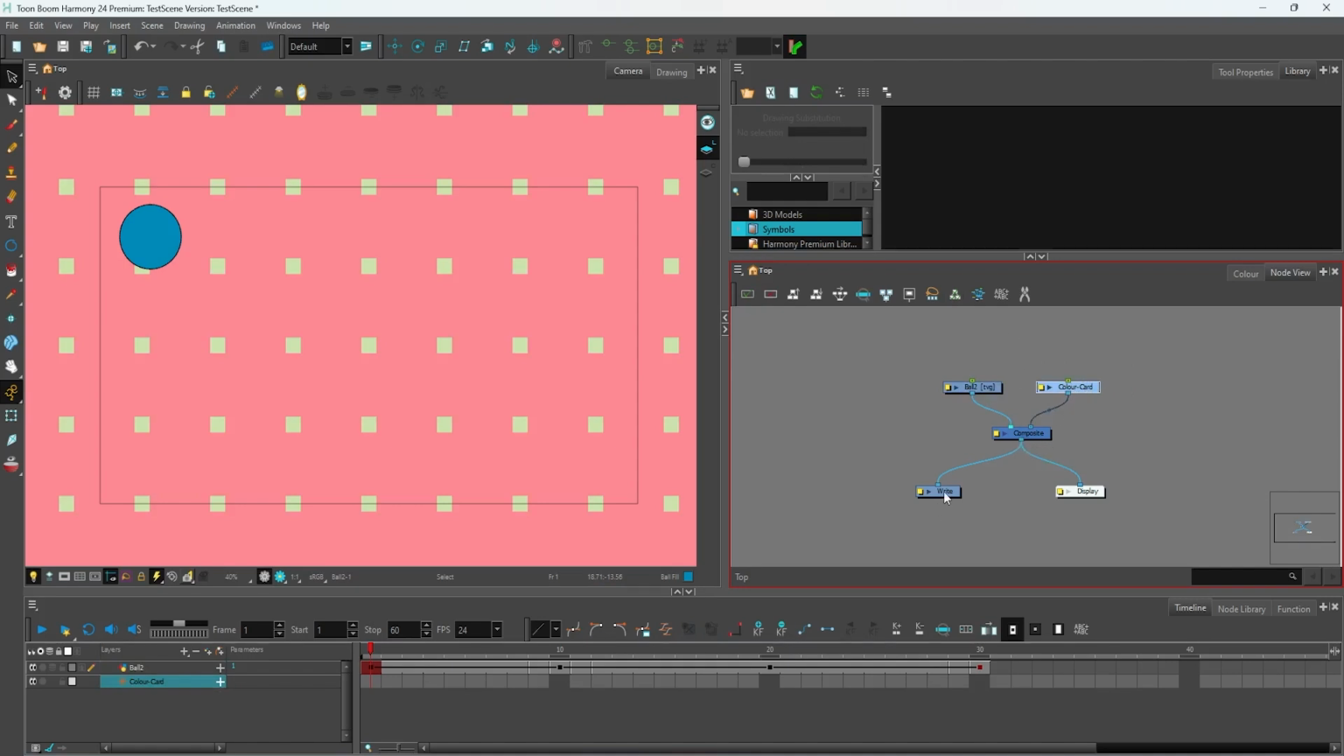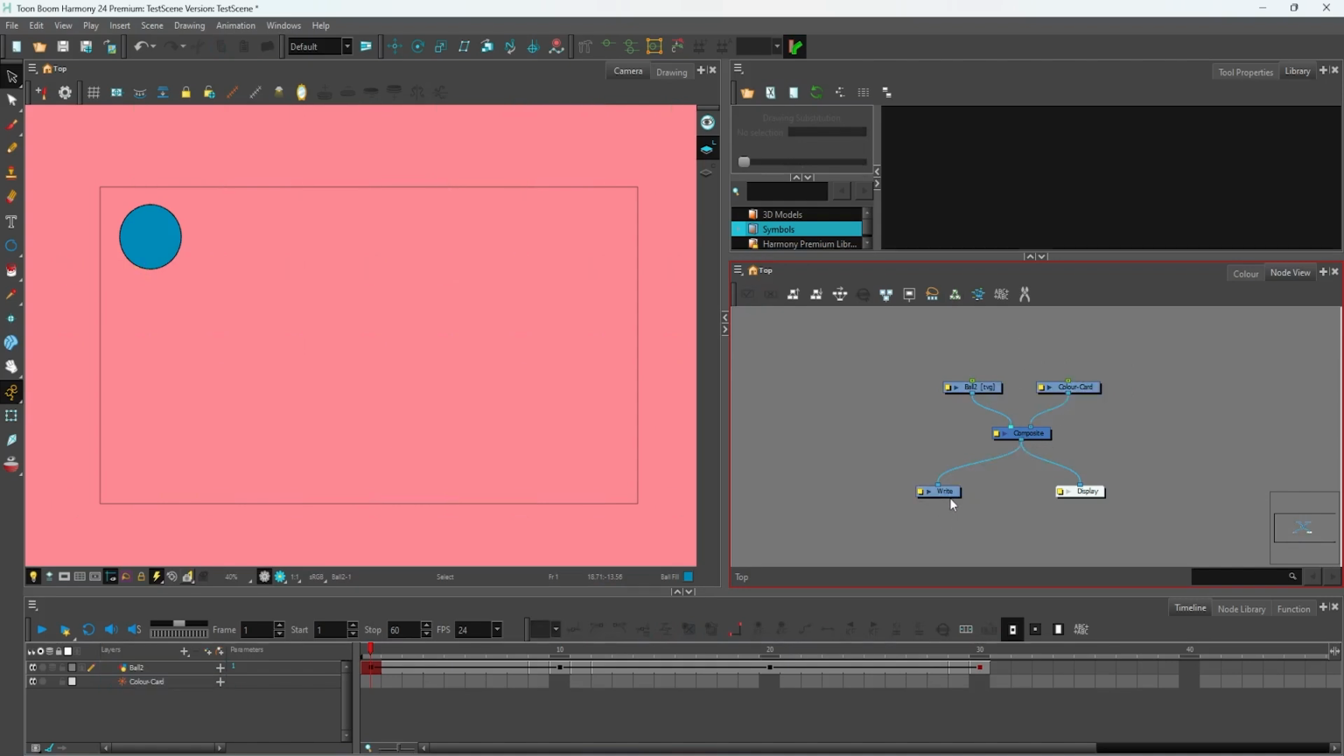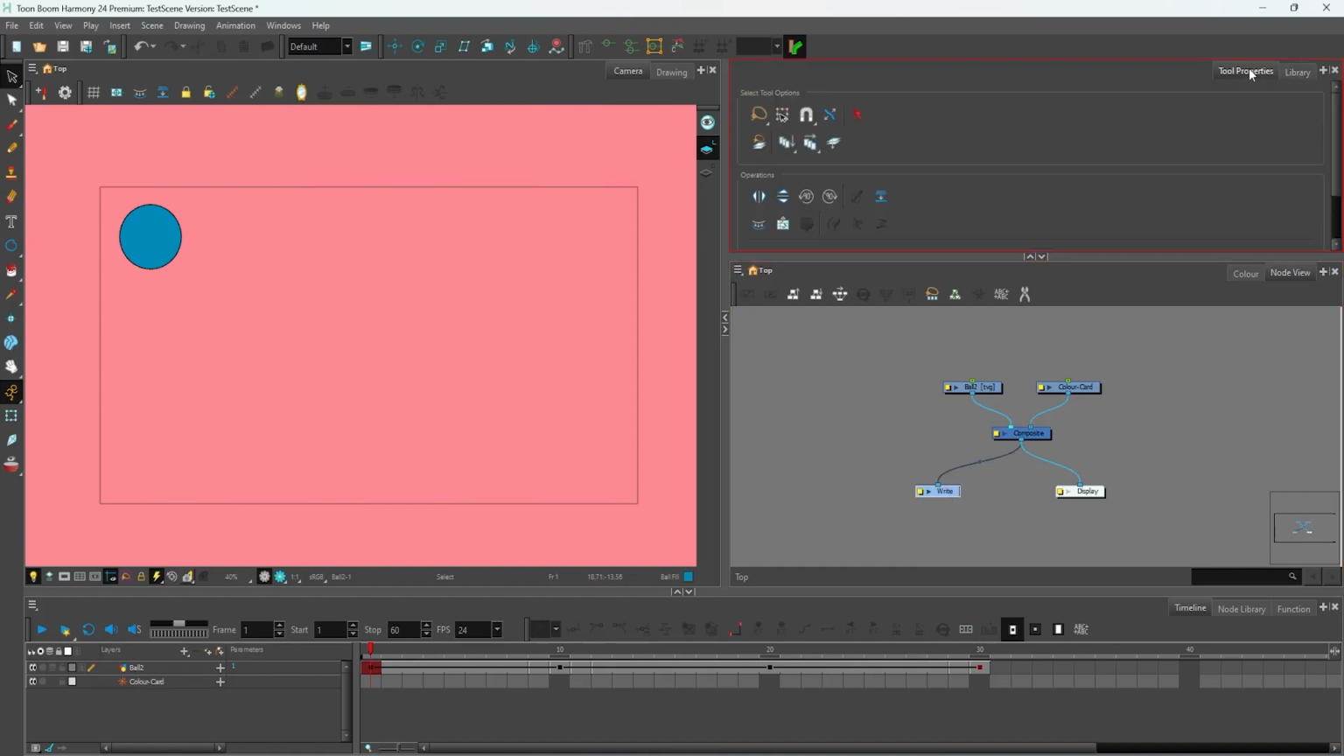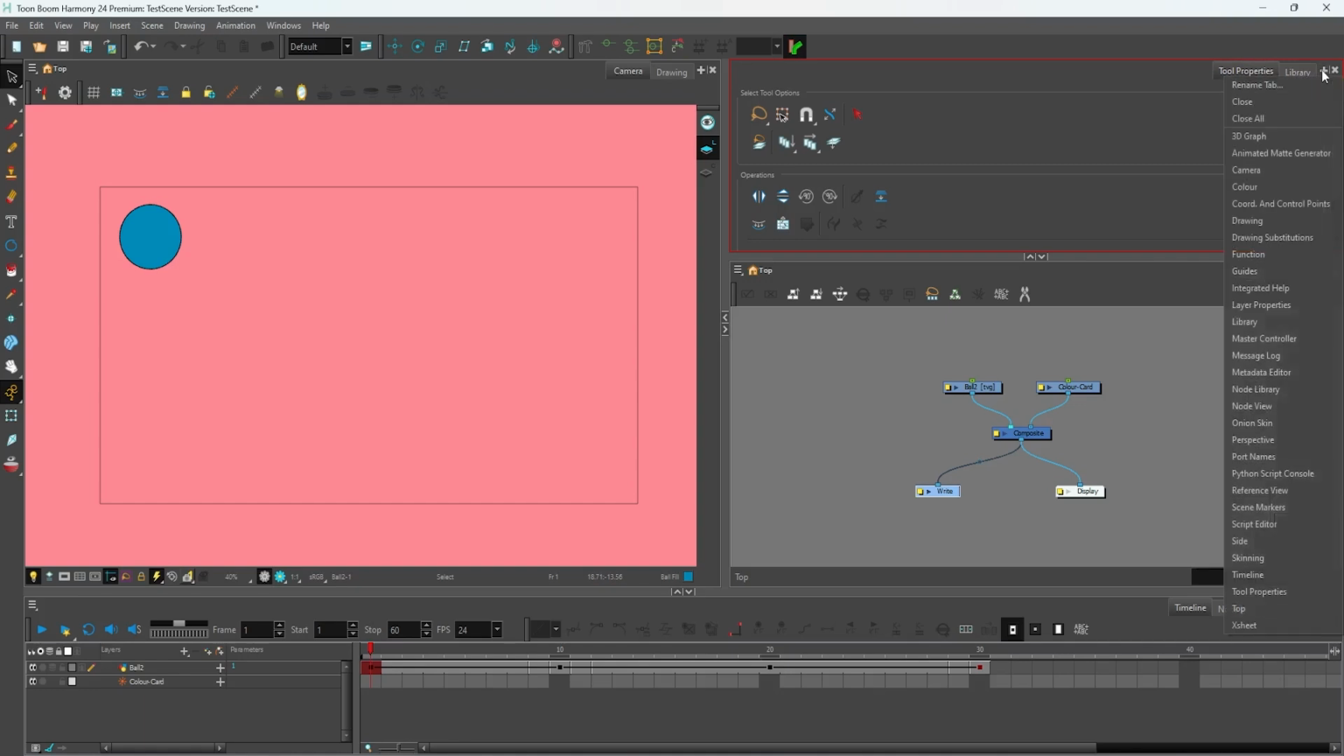The reason I show you this is because of the write node, because this is the only way we can easily select the write node and see what is in it. And it's not going to be under Tools Properties. Instead, we have to open up one more menu. If I open this and go to Layer